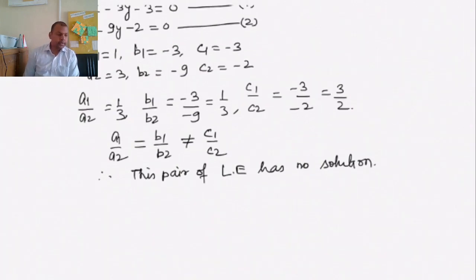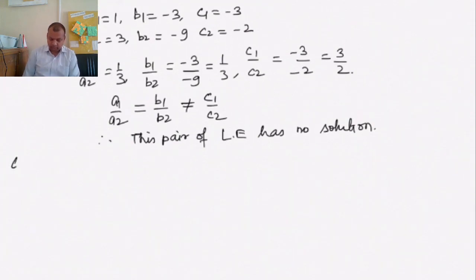Now second part, actually we have already completed in our example. Third and fourth part, just write yourself. Then come to question 2. Question 2 is an important question actually. Most often it comes in the exam. This year also it came. So the question is, first part, question 2: for which values of a and b does the following pair of linear equations have an infinite number of solutions?